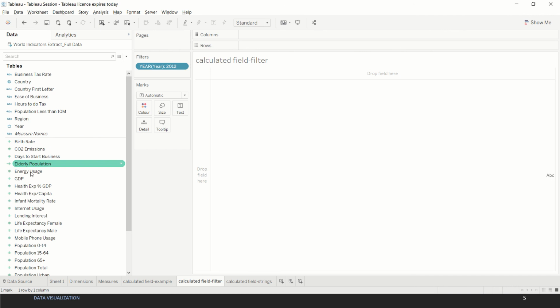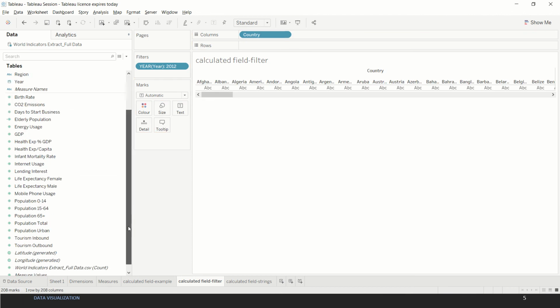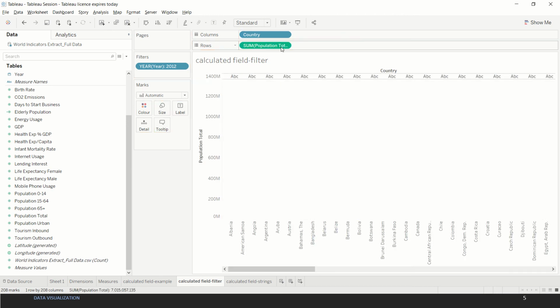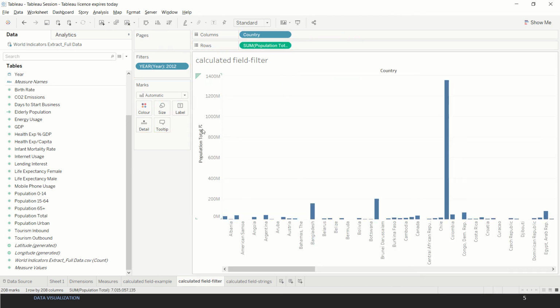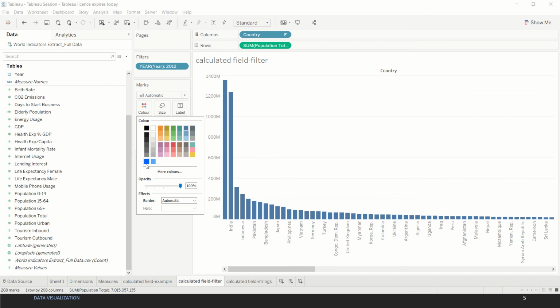Then we need the country, so we take country and move it to columns. Then we need total population, and we put it over here. We can filter this, and then we can change the available colors from here.